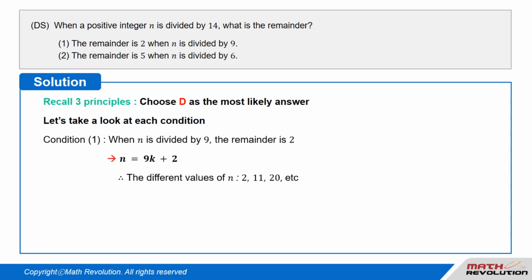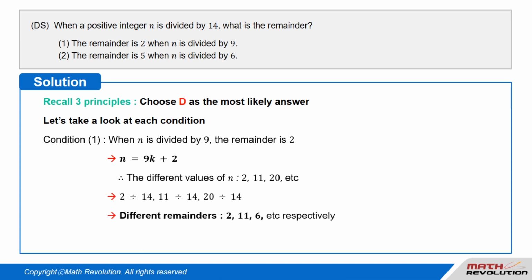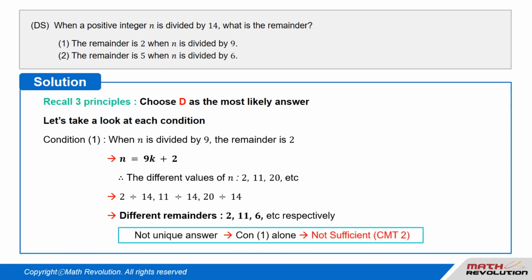Condition 1 tells us that when n is divided by 9, the remainder is 2. Thus, n equals 9k plus 2, and therefore the different values of n are 2, 11, 20, etc. In each case, the remainder will be different when divided by 14. The remainders are 2, 11, 6, etc., respectively. Thus, this condition has no unique answer, and this condition is not sufficient by CMT2, which states the number of